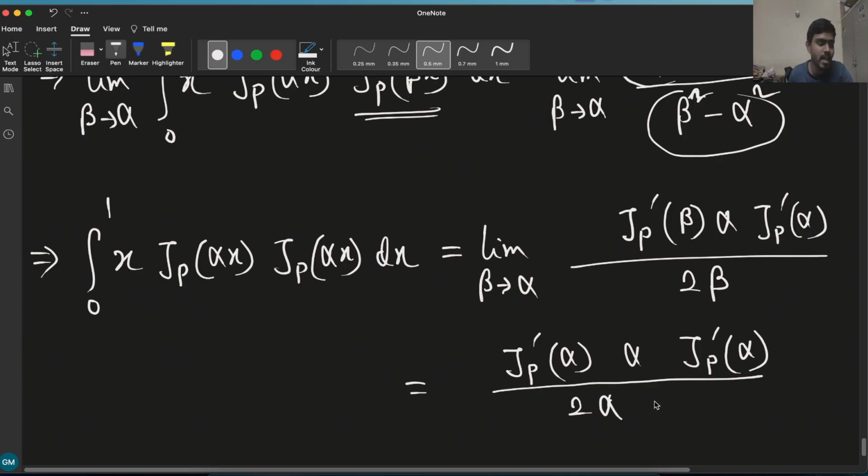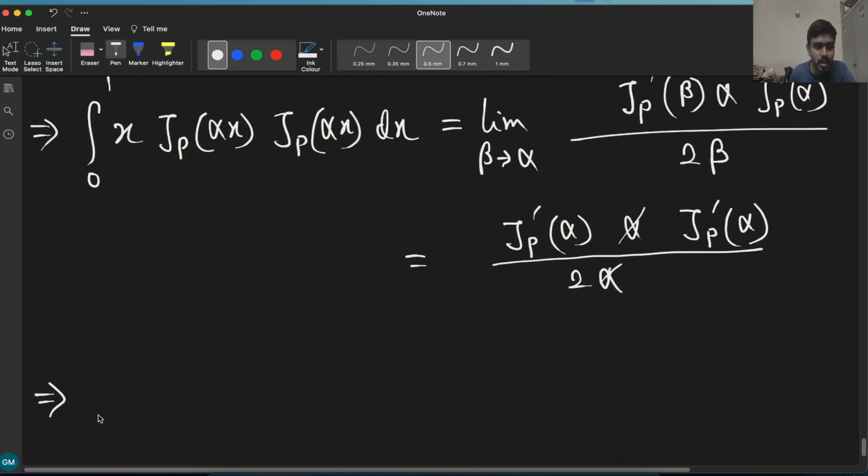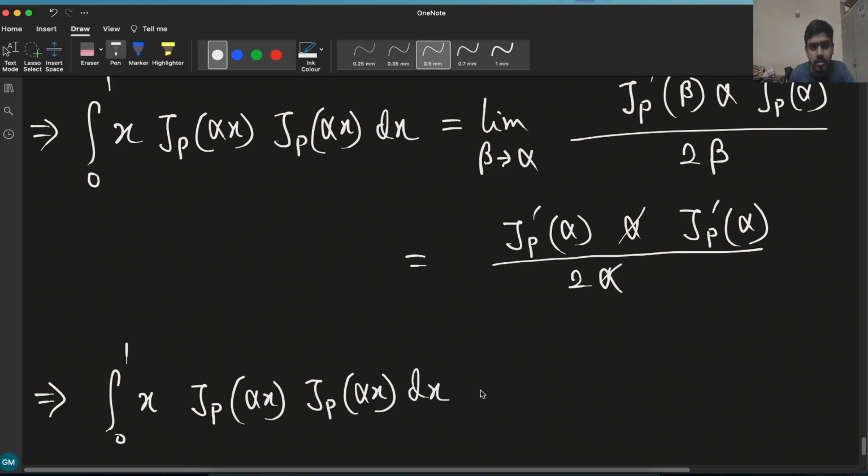In place of beta, I am writing alpha. And this alpha will cancel, and what we are getting is integration from 0 to 1 of x Jp(alpha x) times Jp(alpha x) dx equals